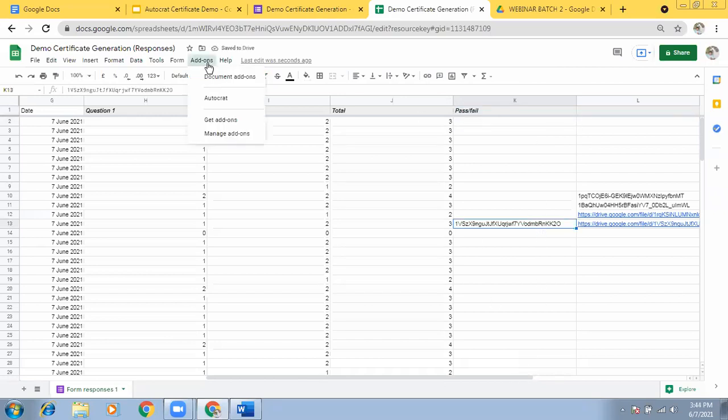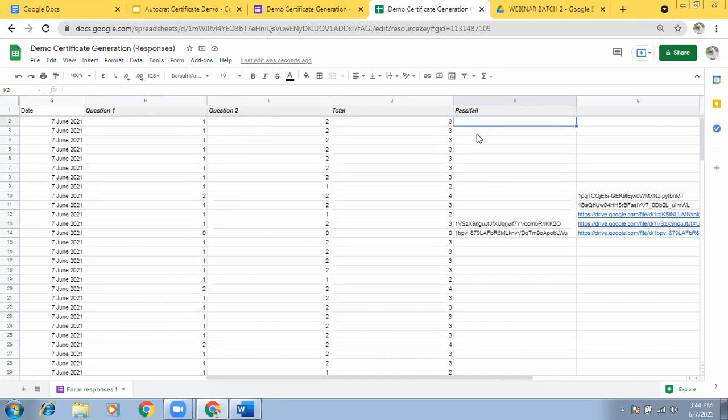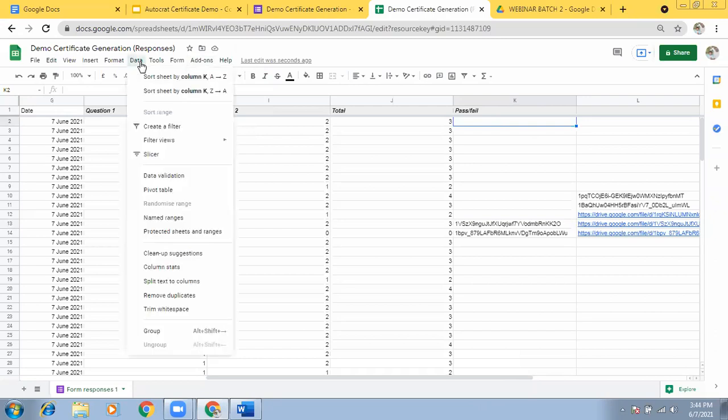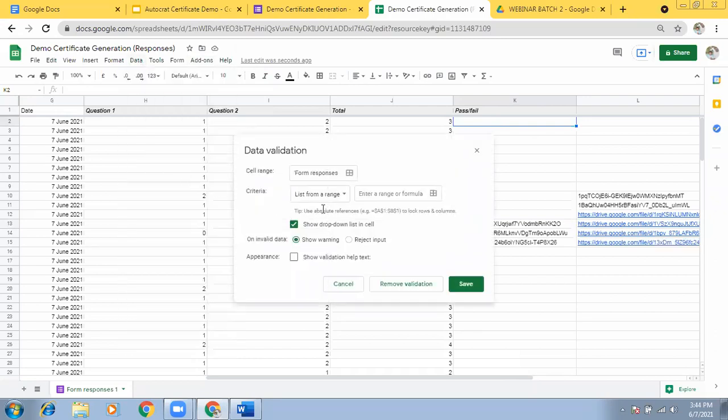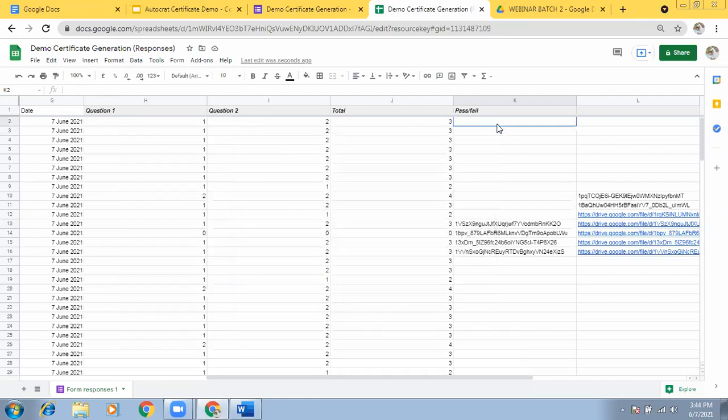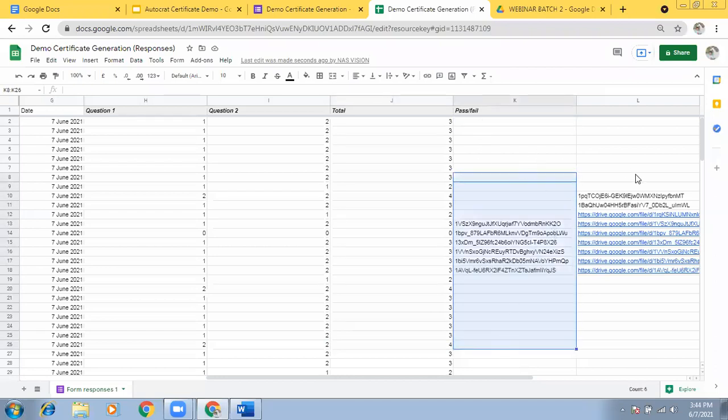Okay, the triggering is going on. So here, no data validation. How to validate the data? You can have data validation from responses. You can choose data validation, and from this you can choose whether the total is below 3 or above, below 2 or above 2. In that way, you can choose from here. Then you can remove those who have failed. You just remove them. It's easy.